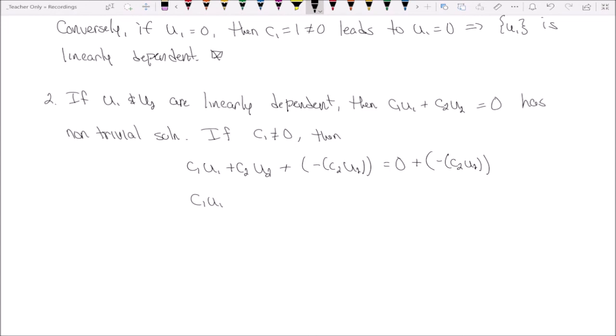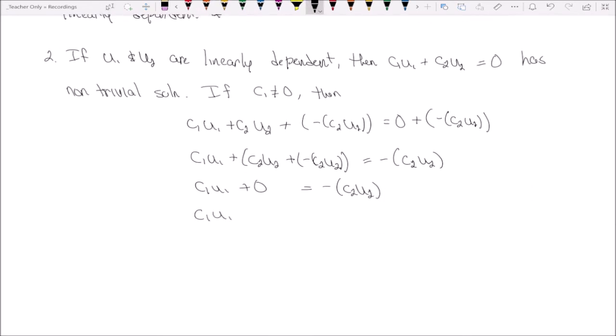Right, which means that C1 U1 plus the quantity of C2 U2 plus negative C2 U2 is equal to just negative C2 U2, which means that C1 U1 plus the additive identity is equal to negative C2 U2, which of course means that C1 U1 is equal to negative C2 U2, which means that C1 U1 is negative 1 times C2 U2, which means that C1 U1 is negative C2 times U2,